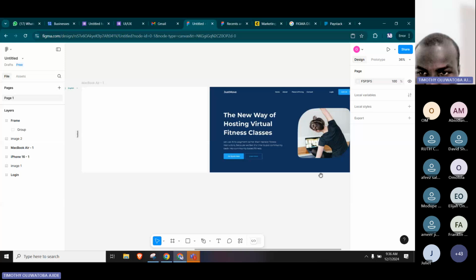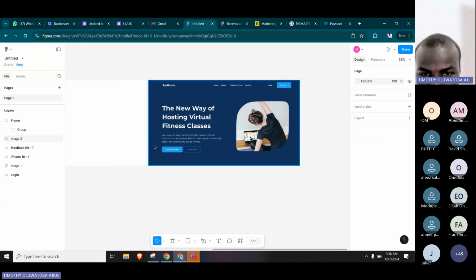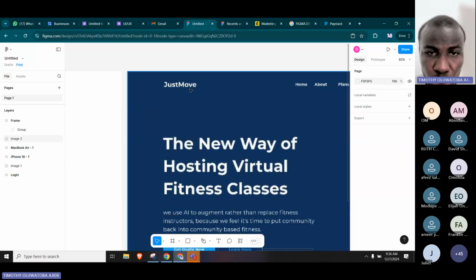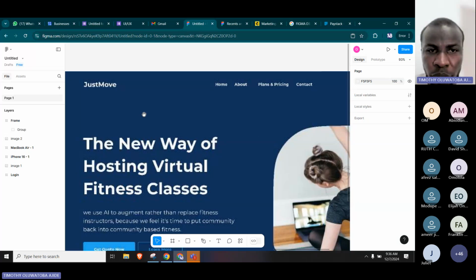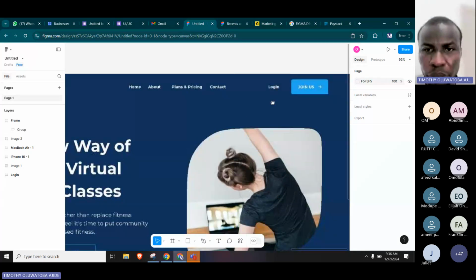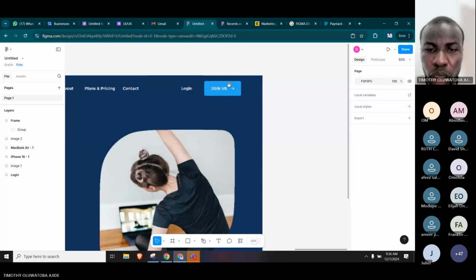This whole part is called the hero section, and it is the first section where we have our menu, our call to action, and a brief introduction about what the brand is doing. To design this, we can see what they have here. There is the logo, they have the menu, they have the